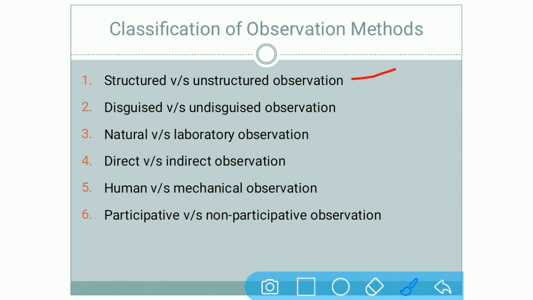That means you have decided beforehand what exactly you want to observe in your element. Take for example, suppose you have decided that you want to observe mentally disabled children. Now, what do you want to exactly observe in those children? To see what activities they are doing in the full day, what is their behavior in a particular situation, which kind of food they prefer, and when they get aggressive. If you have decided beforehand that these things are to be observed, then that is known as